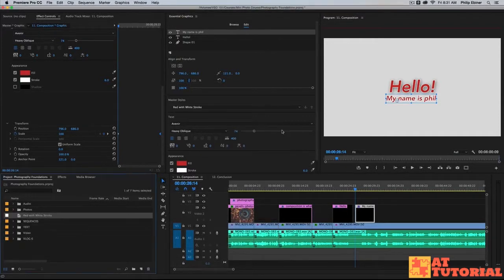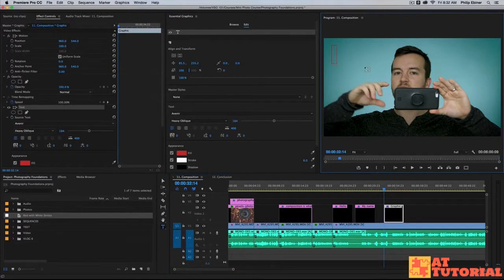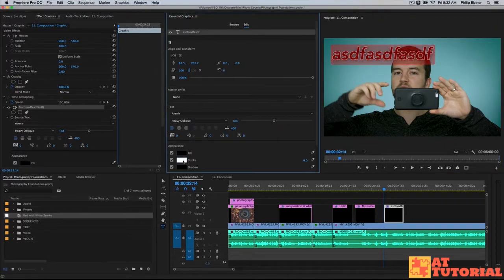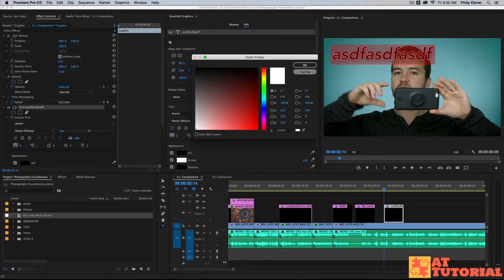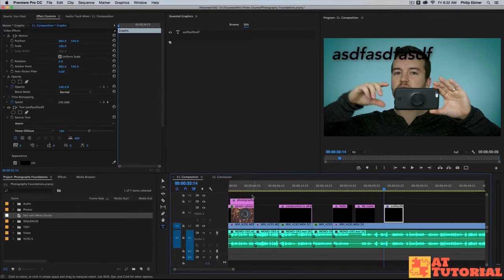Okay. So now what happens is this actually appears in our project bin, which is really interesting. So if we go forward in our timeline and let's just say I create a new text, I press T on my keyboard and click up here and I type in something. Well, it already has that style because it's a new text in the same project. But say let's just change this up. Say we change it and we get rid of the stroke. We're here. But I want to apply the old